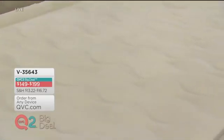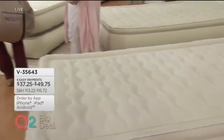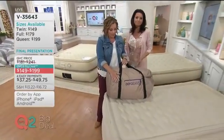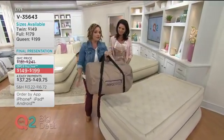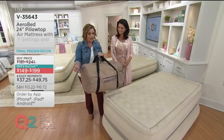Because it comes with a bag, too. It comes in a duffel bag. So where are you going to store that extra twin, full, or queen bed in your house when you don't have room for it? Well, this is where you're going to store your aerobed. It's the size of a sleeping bag. Fits right in here, which means not only is this a 3 to 4 minute inflation for your guests,